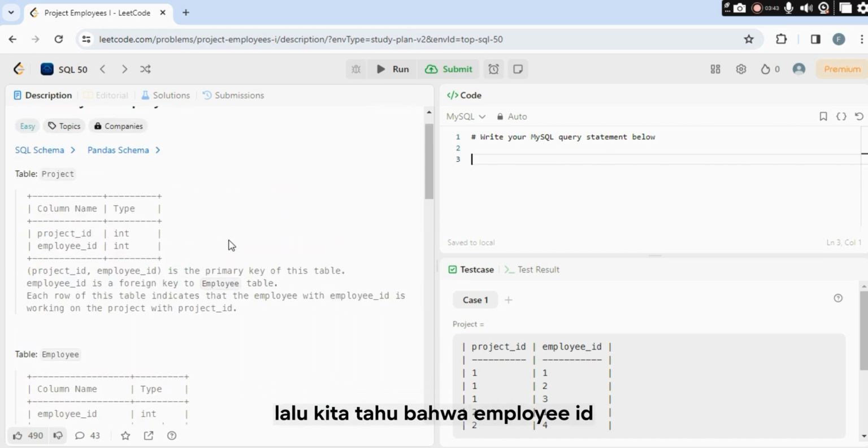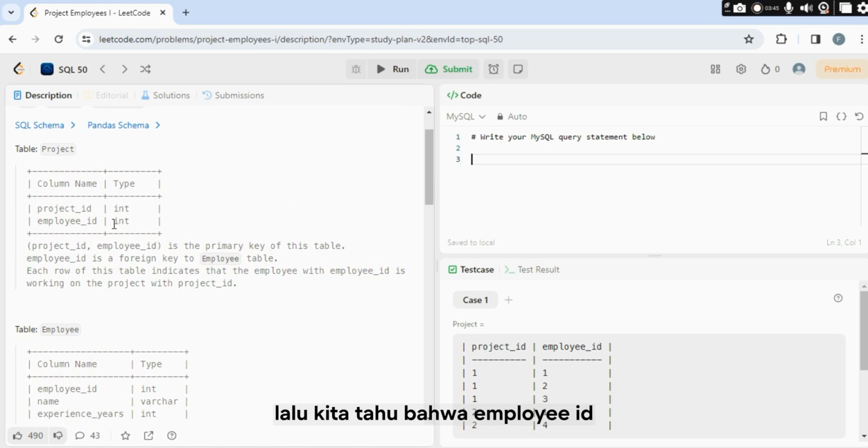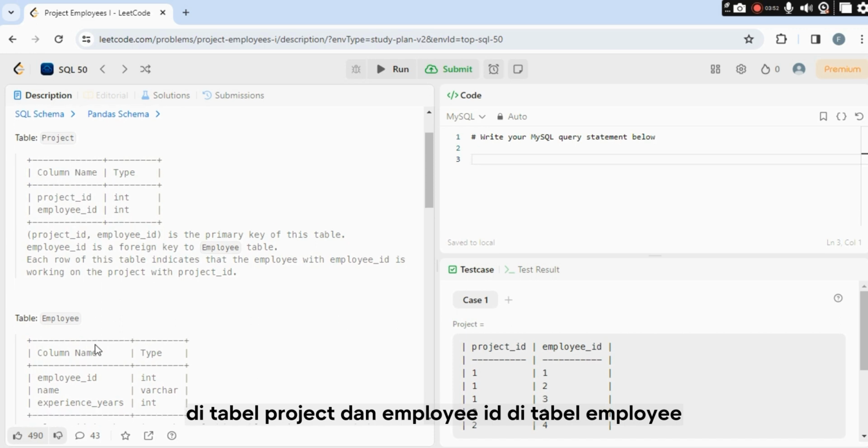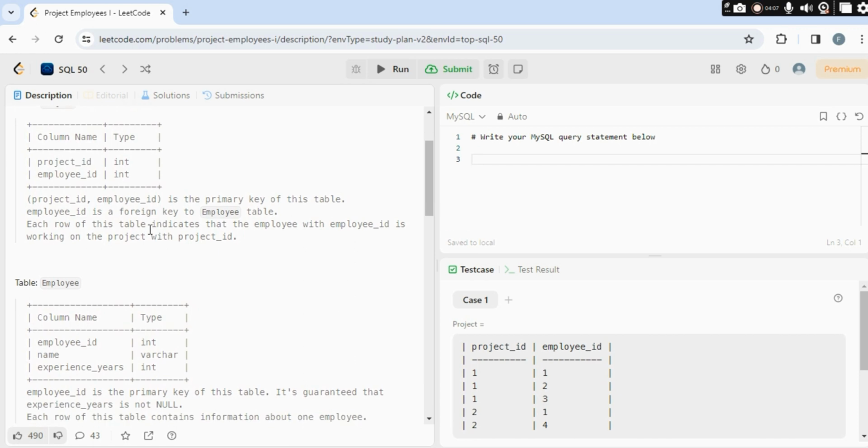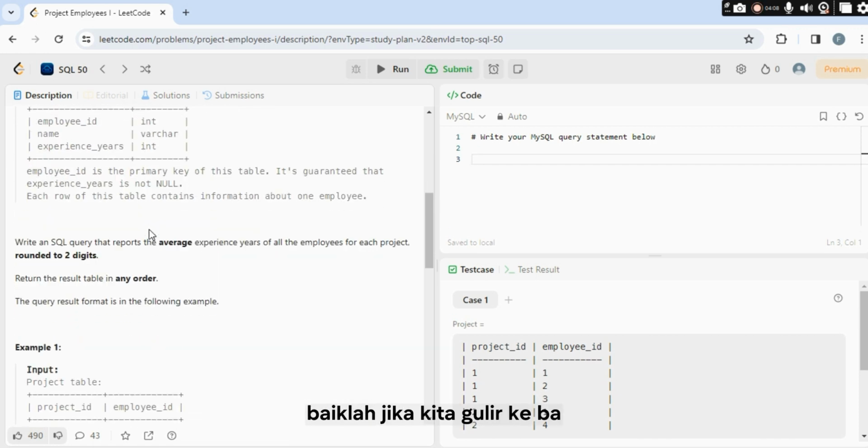Then we know that there is employee ID in the project table and employee ID in the employee table. So because we have two tables here, what we have to do is join these two tables. Alright, if we scroll down,